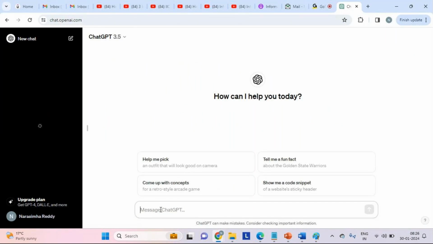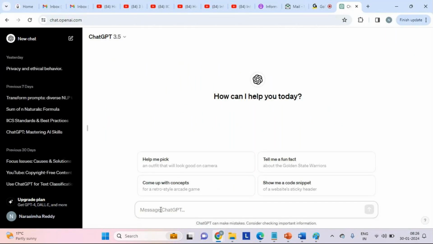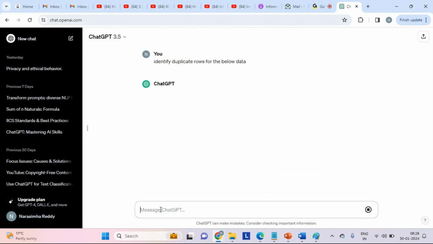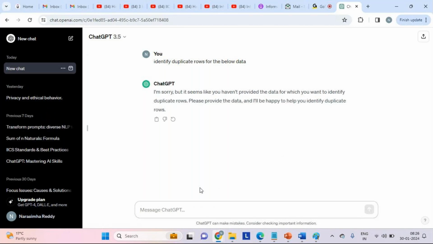So yeah, fine, now it is cleaned. So let us see. Identify duplicate rows for the below data. It lacks input, it lacks a question, so we have not provided the data that we are going to give now.